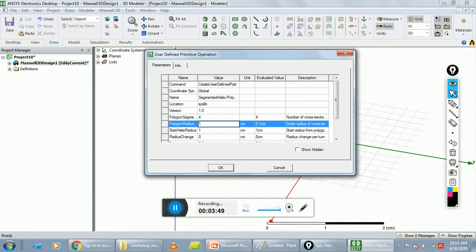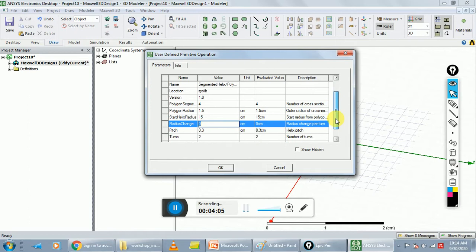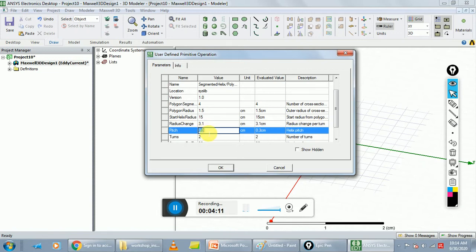It's 1.5 centimeter, and start helix radius is 15 centimeter, and radius change is 3.1 centimeter. Pitch is 0 centimeter.